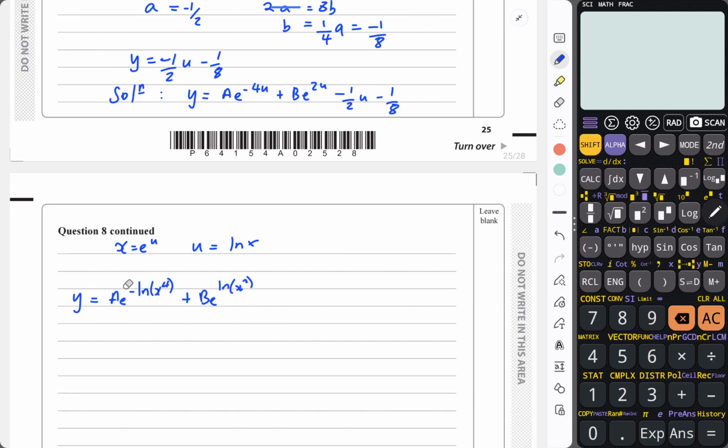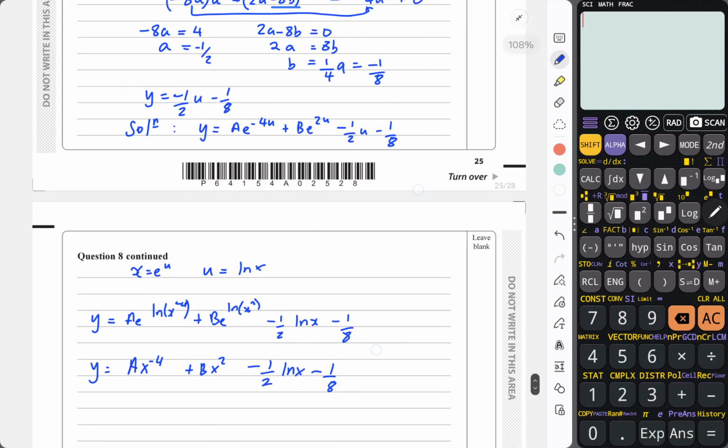And then I've got minus a half, u is ln x, minus an eighth. So this is going to be Ax to the minus 4 plus Bx squared minus a half ln x